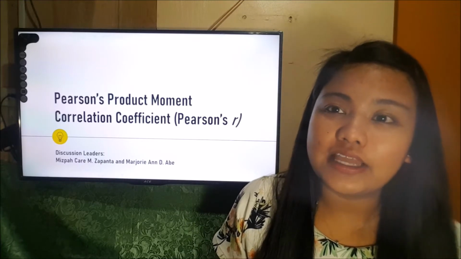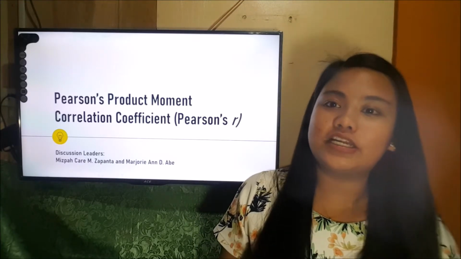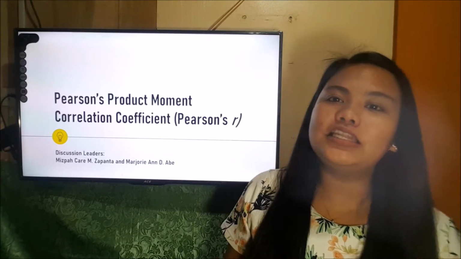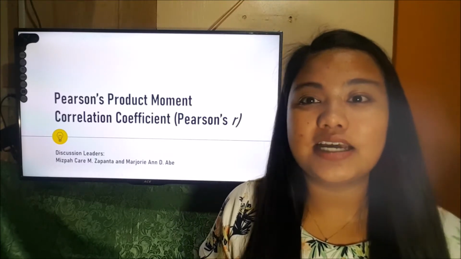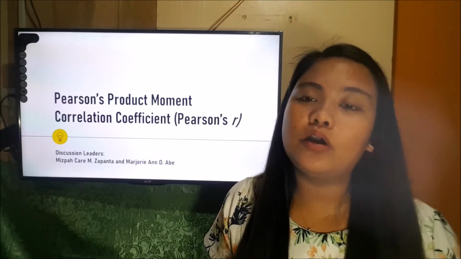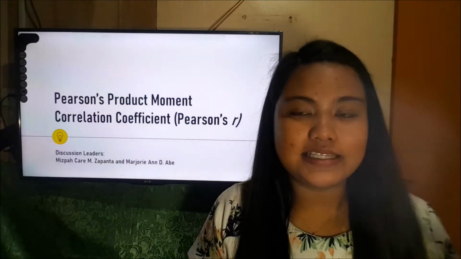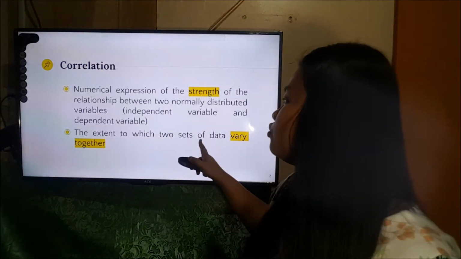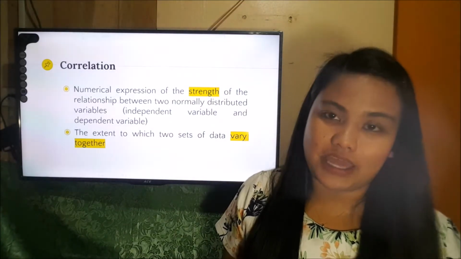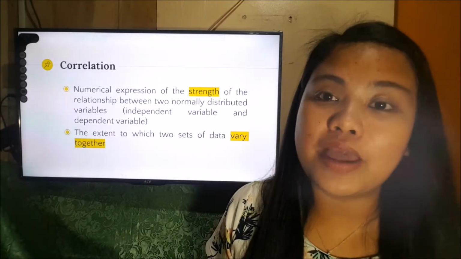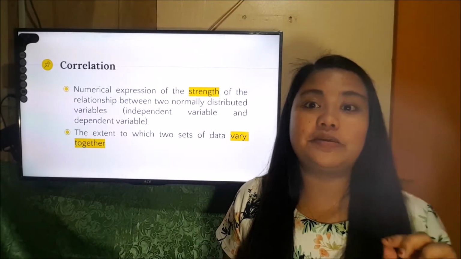So our topic for today is Pearson's product moment correlation coefficient, or what is simply known as Pearson's R. Unlike the other statistics that we already discussed in class, which focus on identifying differences between and among groups, Pearson's R is designed to calculate or measure the relationship between two variables, or the extent to which two sets of data vary together. I think the keyword here is strength, because Pearson's R measures how strong the relationship is